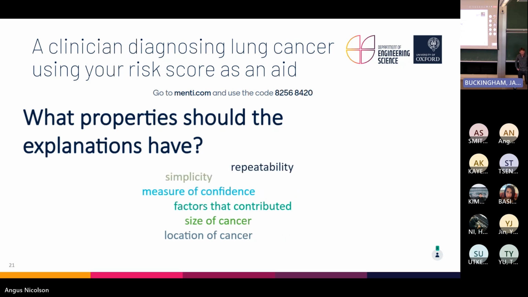A few things people have mentioned here are not necessarily properties of the explanation, but different things they might want in the explanation. They might want to know the size or the location, and that's specific to the problem at hand. So you're going to need to ask the clinicians what they want out of this solution. Is it important for you to know size? Is it important to know whether it's speculated? And does your explanation help with that, or is that actually going to be some other solution and your explanations are something separate?